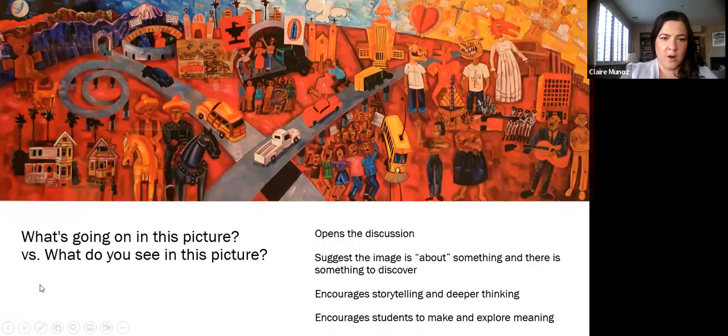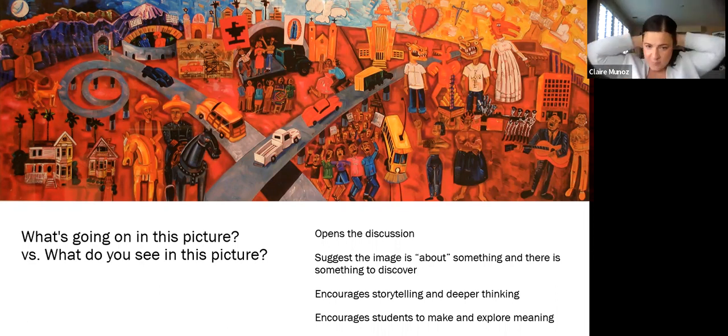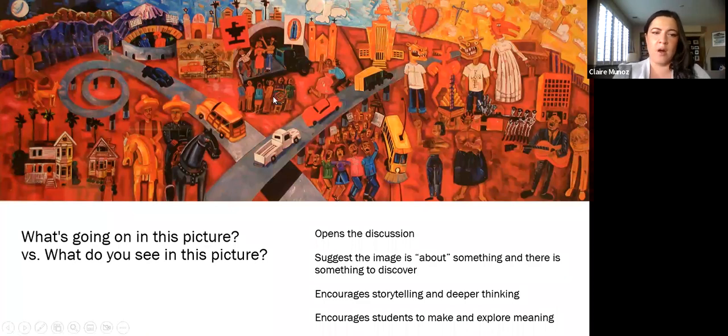So this is one of the artworks that we have in the museum's collection. And again, I said words matter and the positioning of questions matter. So when we say what's going on in this picture versus what do you see, what's going on in this picture opens the discussion. It suggests that the image is about something and that there is something to discover, encourages storytelling and deeper thinking, and students are encouraged to make and explore meaning